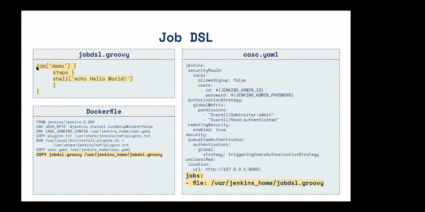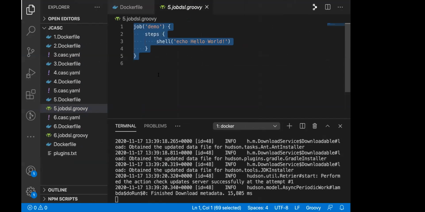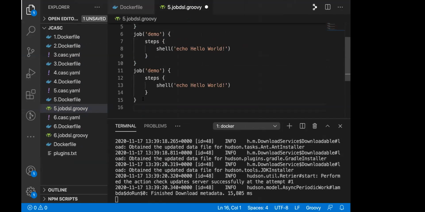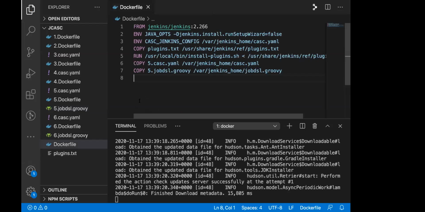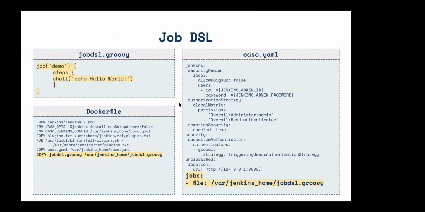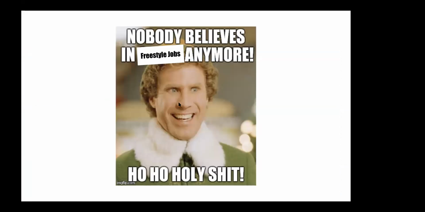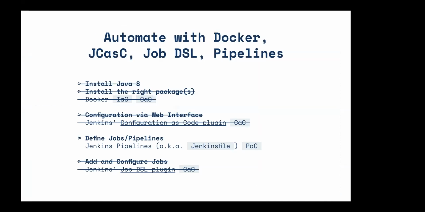If you replicate this multiple times, you can define as many jobs as you want, right? And it will set it up for you all the same. So we can also end it here, but nobody believes in freestyle jobs anymore because everyone is now using pipeline jobs. So in the last piece of the puzzle, I'm gonna show you how to set up